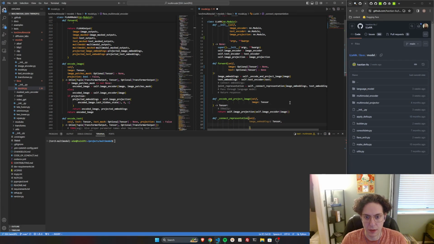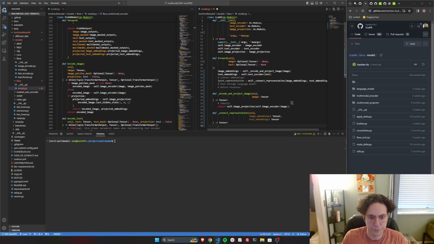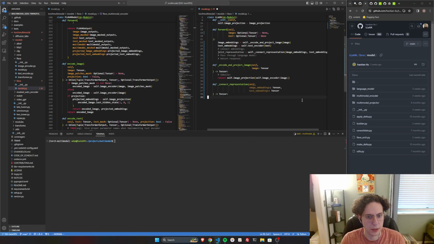And then text embeddings should also be tensor. And this will also output a tensor. And then here,